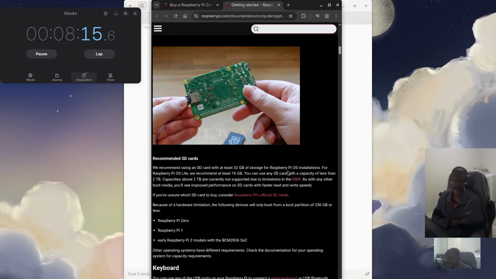I said I'm not going to be installing the full one. I said I am perfectly fine. You can use an SD card with a capacity of less than 2 terabytes. Capacity above 2 terabytes is currently not supported due to limitations of the MBR. That's the